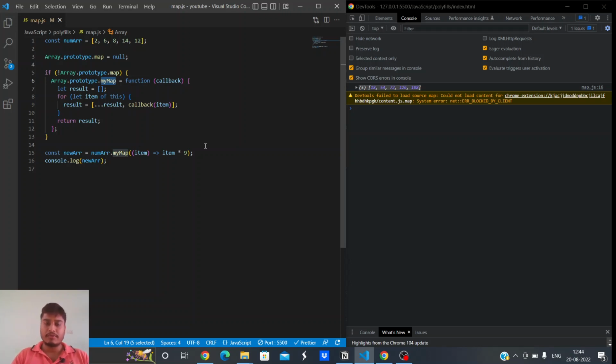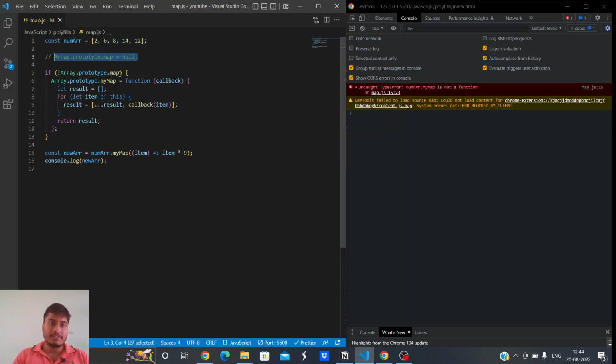Just think logically. If you have used map everywhere in your code, the map function will execute. When it comes to Internet Explorer, it will see, okay, we don't have to write this line in that scenario. It will automatically see that map doesn't exist here, so it will say, okay, then I have to run whatever is written inside the if block. Instead of my map, we could simply name it map. Inside the if block it will see that now I have to append this map to the array's prototype, and whatever map we wrote inside our code